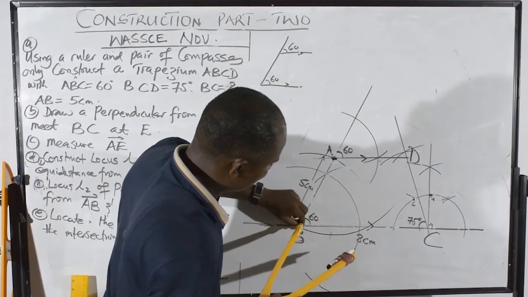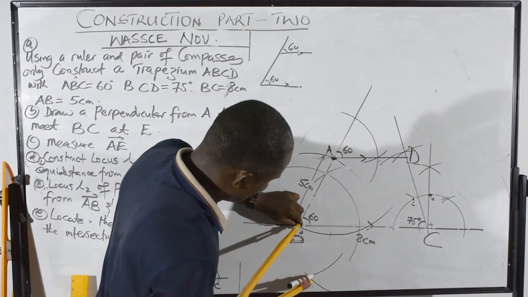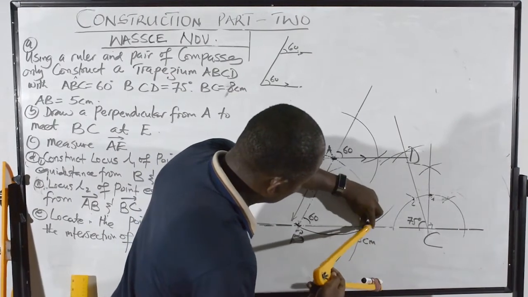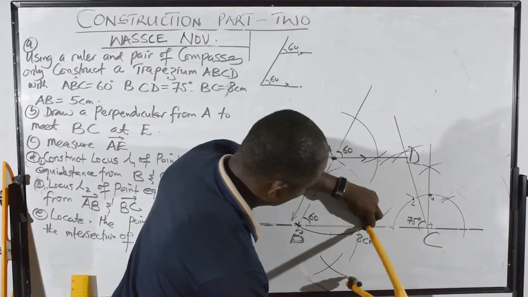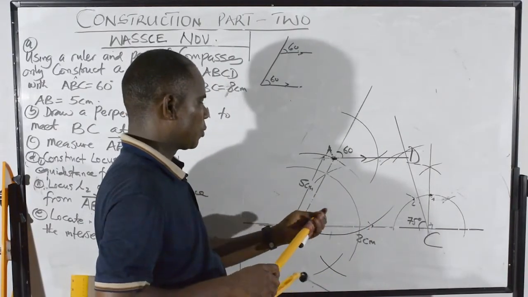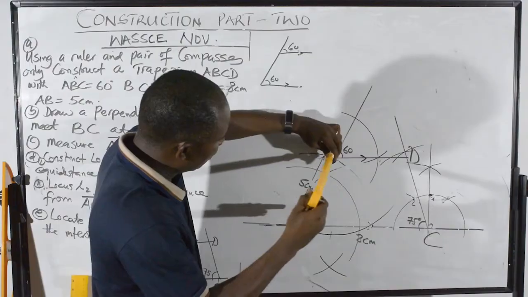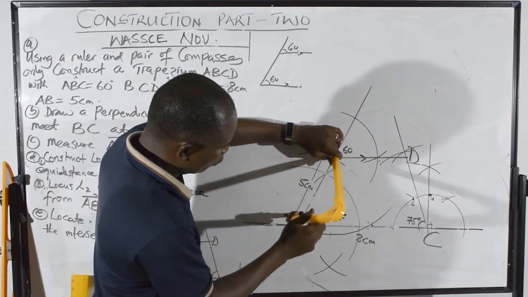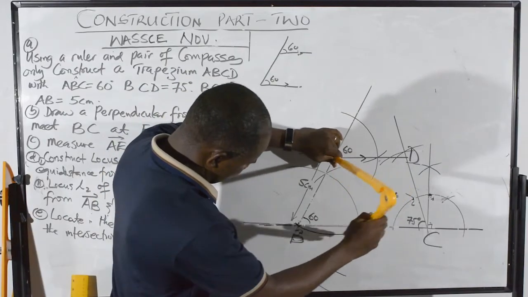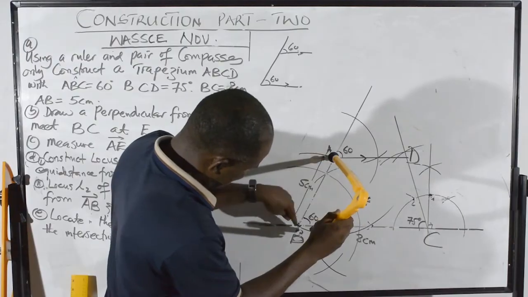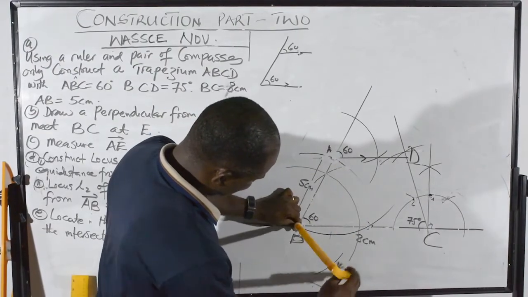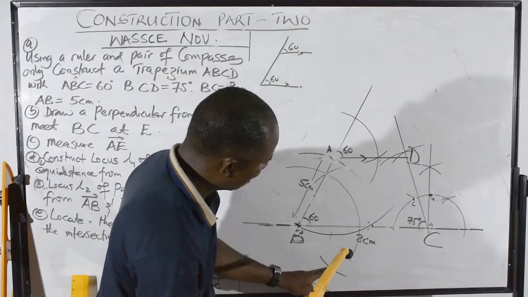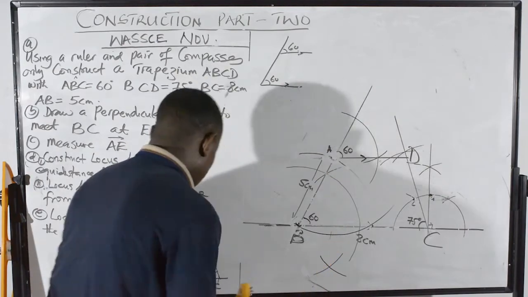Then I use this. I still strike an arc. Okay, let me reduce it a little bit. So I use to strike an arc there. Then I use here to strike an arc. Okay, so what I've done is first, let me repeat what I did. So I stood here first to stretch the compass to touch this point, and I use that point to go right there to cut these 2 points here and here. Then I use that point to strike this arc. Then I use this point to also strike the same arc. So this junction here must go straight through that A. That is how the perpendicular comes.